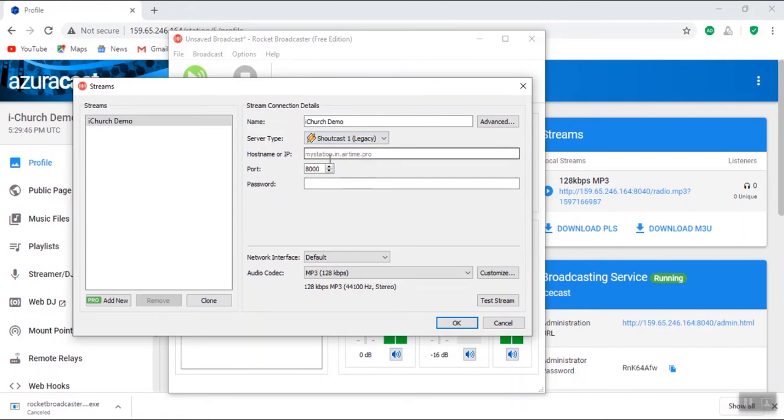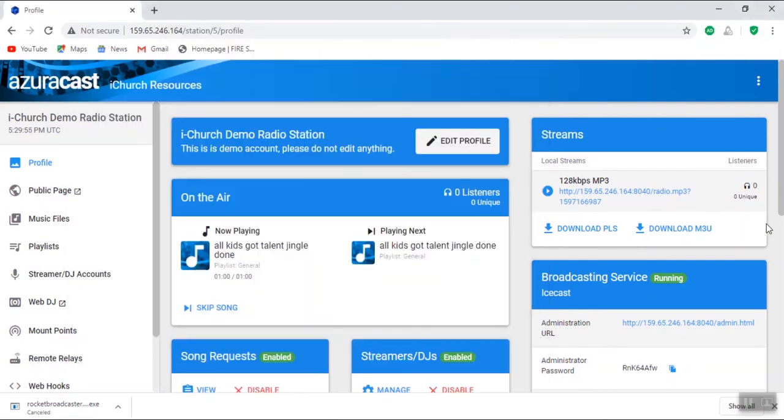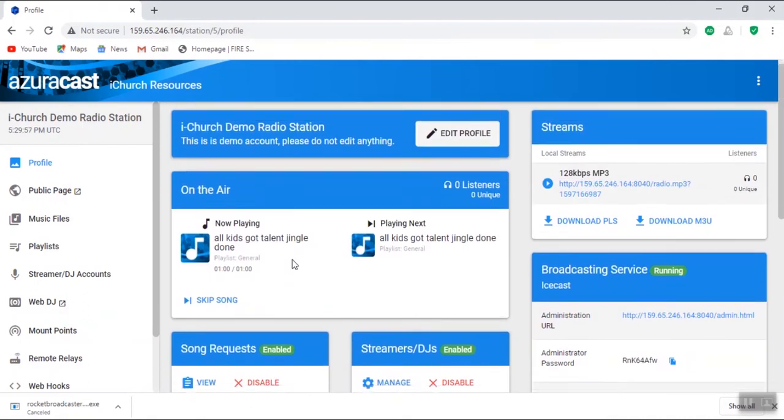All right, now it's asking us for the host IP, and then the port number, and then the password. So how do we get the host IP? Very simple. What you're going to do is come to your online radio. So this is your online radio, and then you go